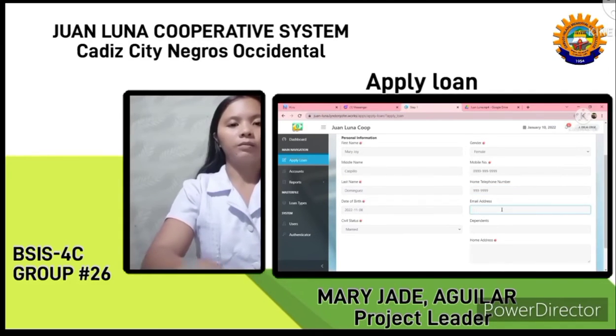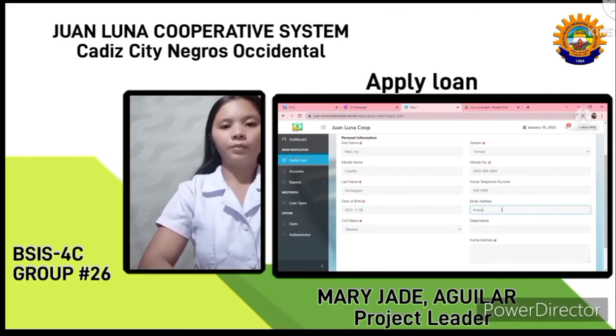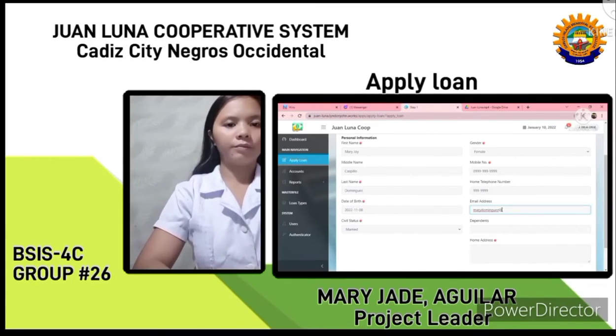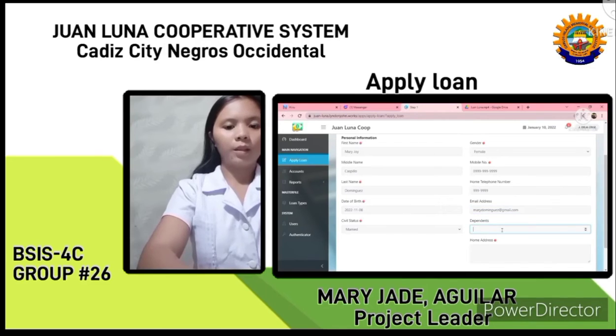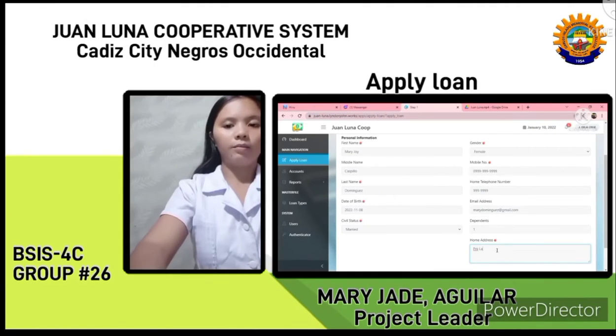The email address, Mary Aguilar Dominguez. Dependent, one. Home address, Brook Laurel, Silingan, Bacolod City.